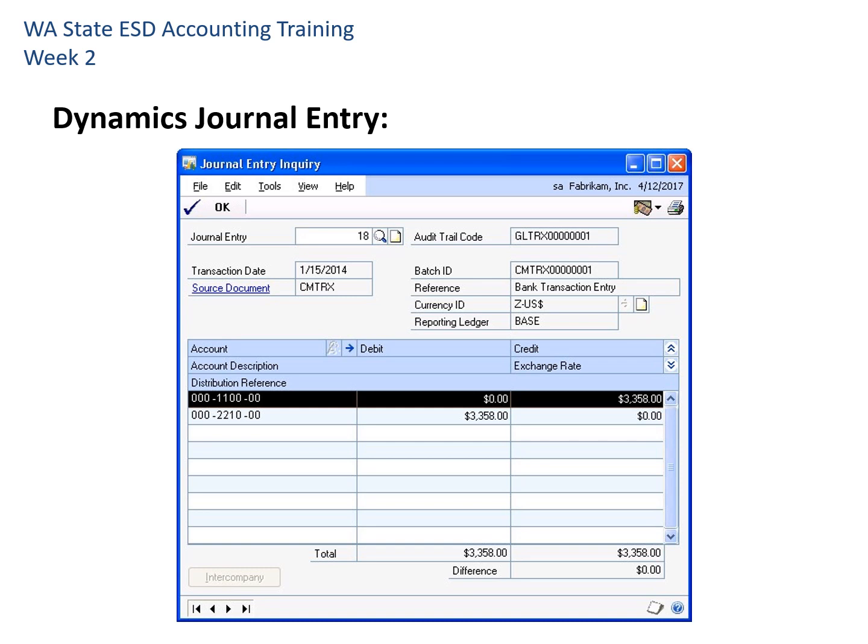Okay, so I want to show you what doing a journal entry in Dynamics looks like. So this is a typical input screen in Dynamics for recording a journal entry. The majority of journal entries that are recorded in accounting systems